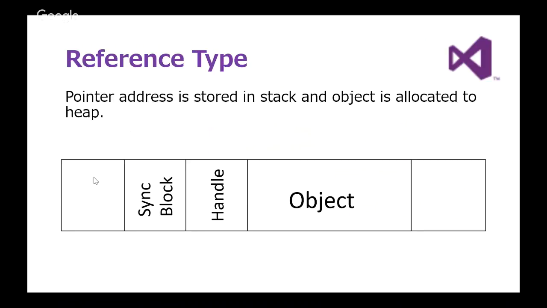Why? Because each stack has its allocated memory size, for example, 1 megabyte. And if you keep calling the method inside the method, the stack keeps stacking up. That's why we call it a stack. And if the stack uses the entire allocated memory, which could be 1 megabyte or even less, then we see that